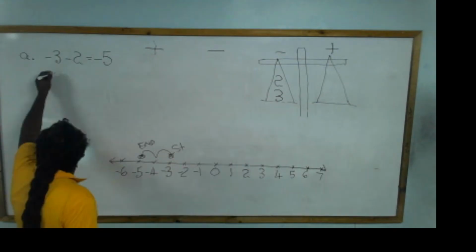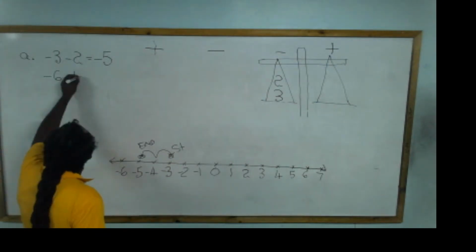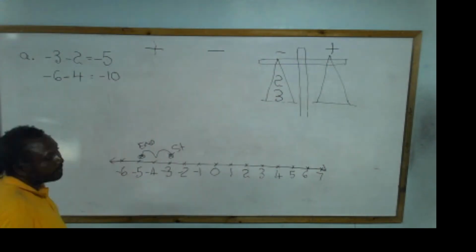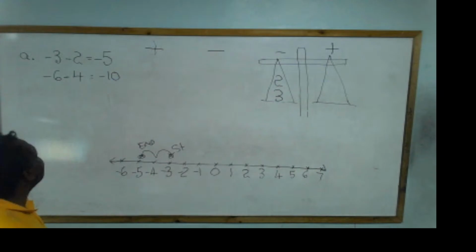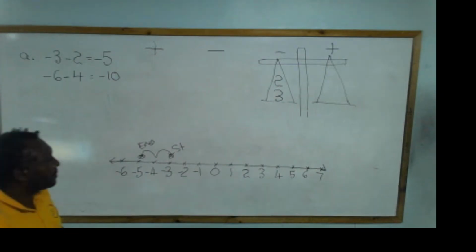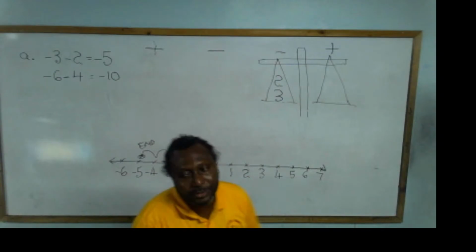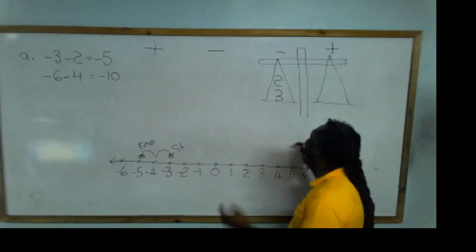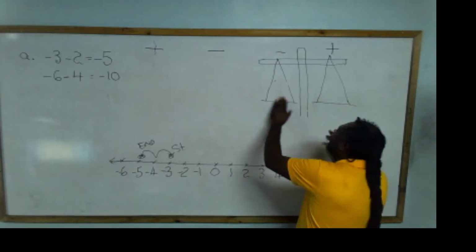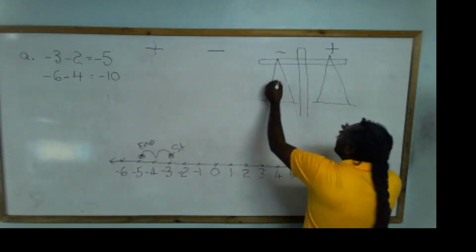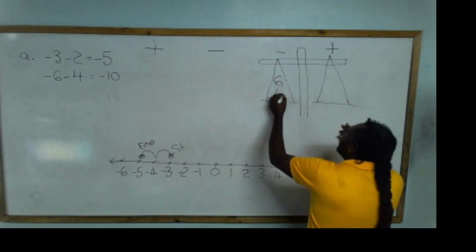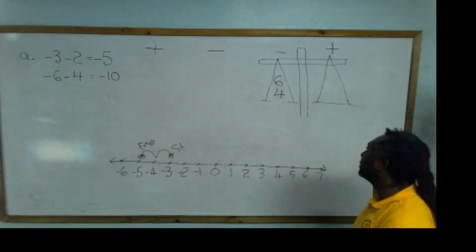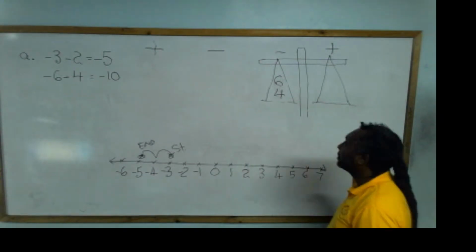Negative 6 minus 4, and that is equal to negative 10. It means that the total effect is negative 10. We don't have space on the number line to demonstrate that one, but of course you can put it on the schema. The 6 and the 4 will be on the negative side, therefore,